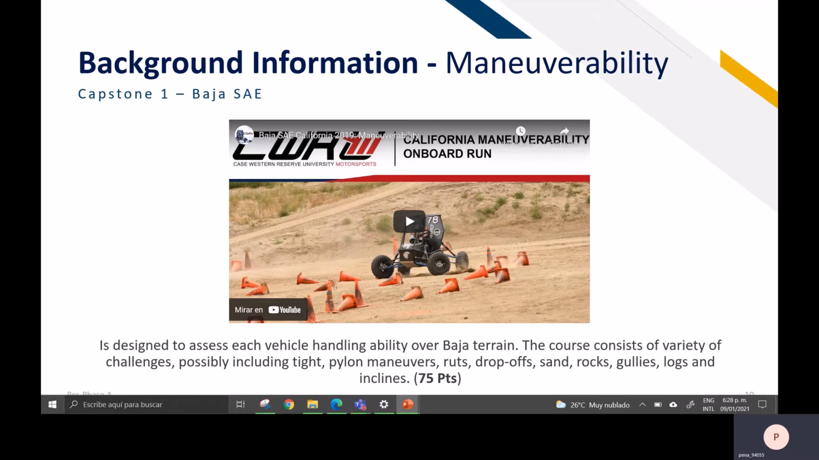Maneuverability. This test is designed to evaluate the handling of the vehicle. The course consists of a variety of challenges, possibly including timed pylon maneuvers, road drop-offs, sand, rocks, logs, and climbs. Maximum points for this test is 75. The sample video is